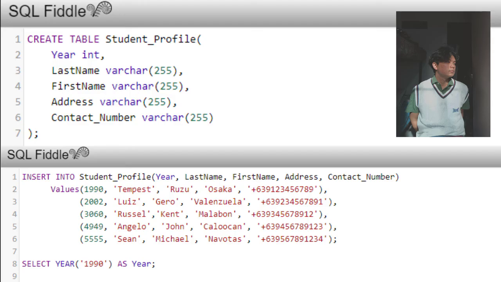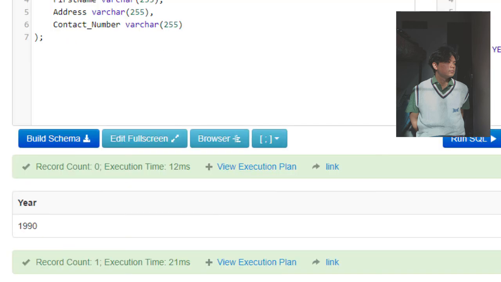For the year function, the year function is used to return the year for a date stated. It is also used to find the year for a specific date. For example, as shown in the picture, the selected year was 1990, and as for the result, the year 1990 is shown, and that student was Ruzu Tempest from Osaka, together with her contact number. But I don't know, it's not shown in the picture. I think I forgot to put it in the